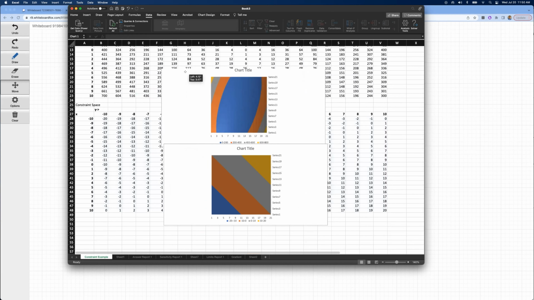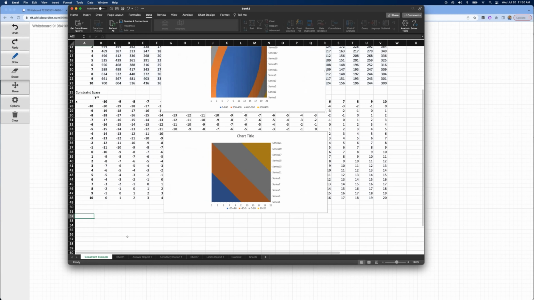So I'm just going to come down here and say I've got an x and a y and a z, and I don't know what the solution is going to be. I'm just going to start with a 0, 0, and the function here is x squared minus 2 times x times y, and I'm going to add 4 times y squared.